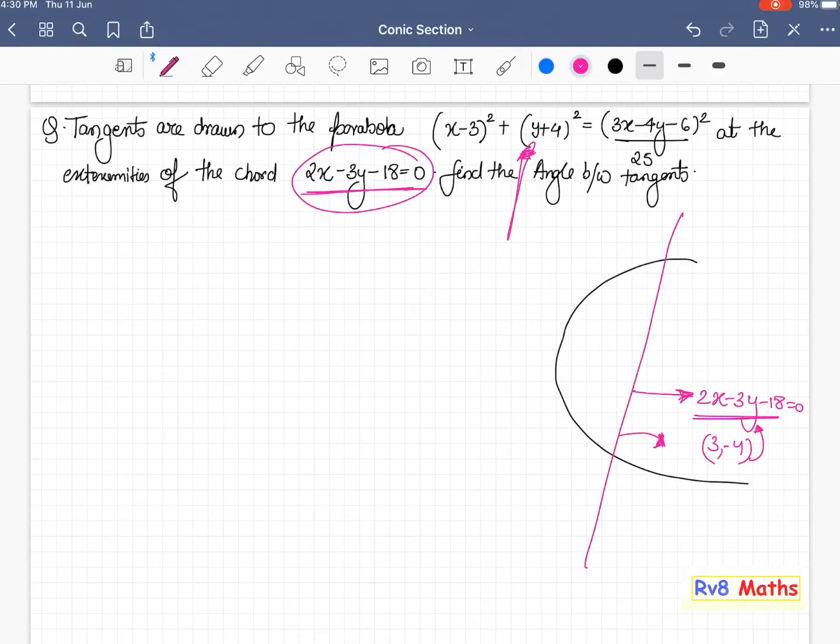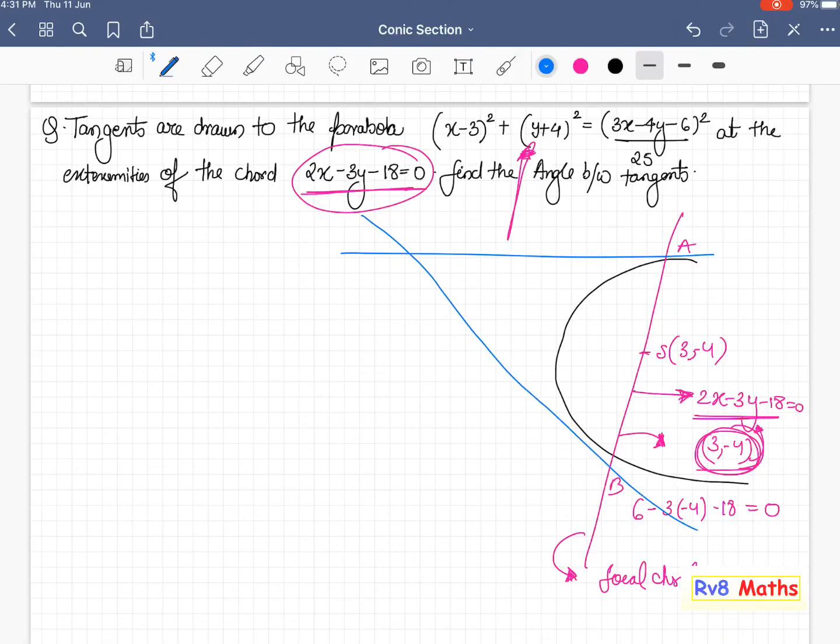So if I put it in, what will I get? 6 minus 3 into minus 4 minus 18, that is 0. So this means the focus is on it; this chord AB will pass through the focus. So this is a focal chord, right? And if this is a focal chord, then we know the point of intersection of tangents at the end points of a focal chord is on the directrix and they are perpendicular, right? So the angle between them will be how much? Directly 90 degrees, right? So this is the type of question you can expect on the properties of tangents